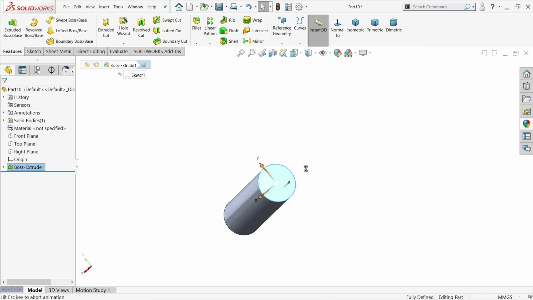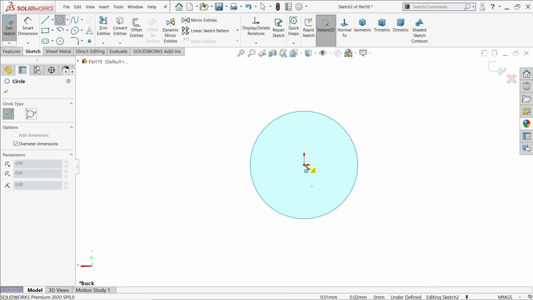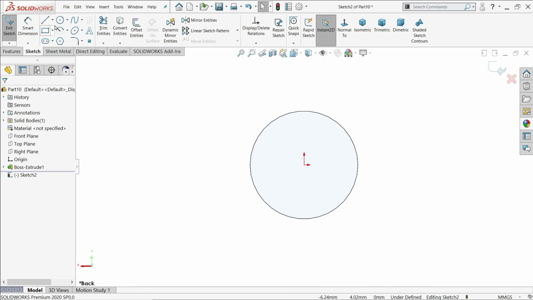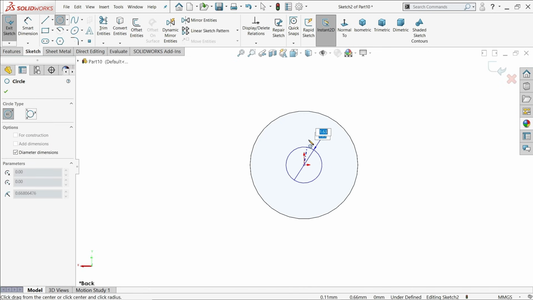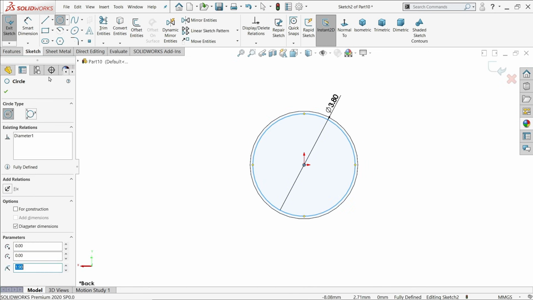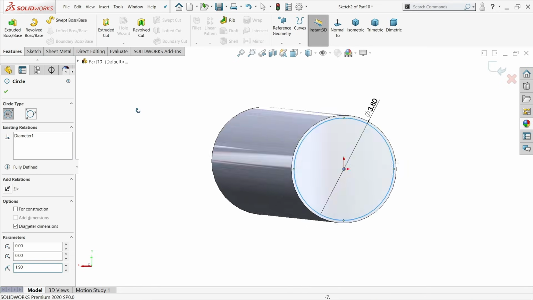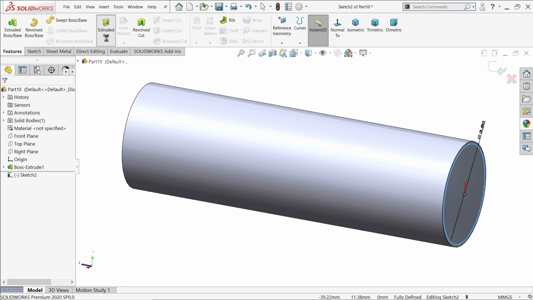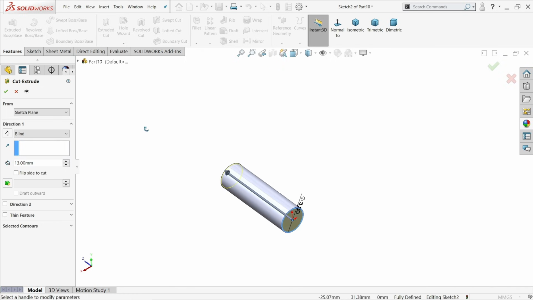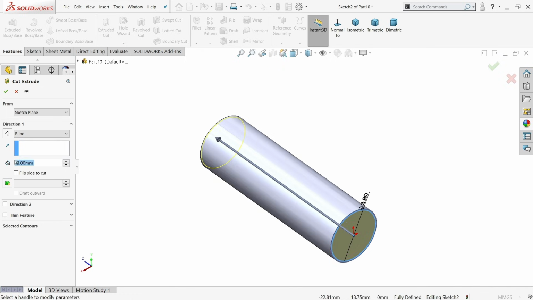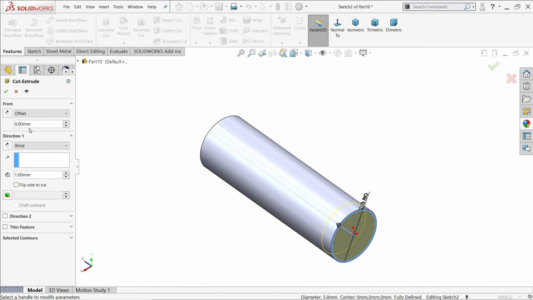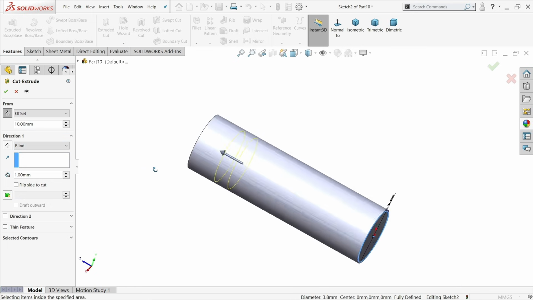Again I'll choose the same sketch, same face what we 3.8, and this time I'll select extruded cut, but length I'll keep 1 millimeter, but start offset 10 millimeter reverse. Look, it's going to be here,